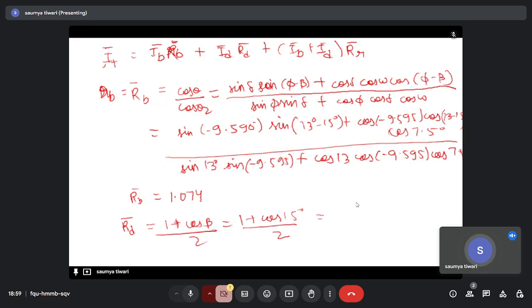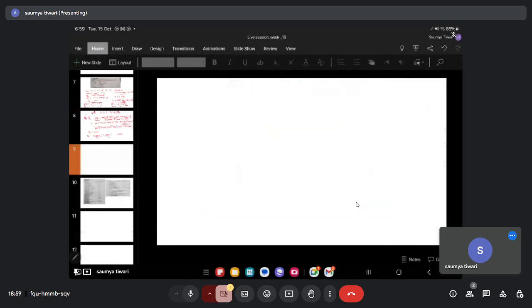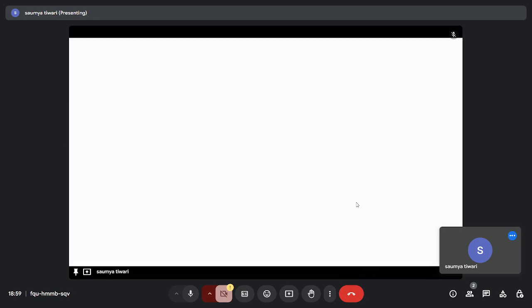So this value will be 0.9830, and okay, and now we can calculate the RR bar value, which is the reflectivity of your ground, which is given,